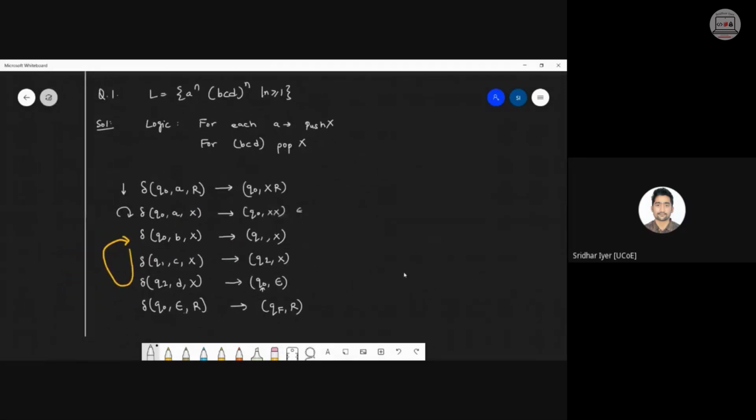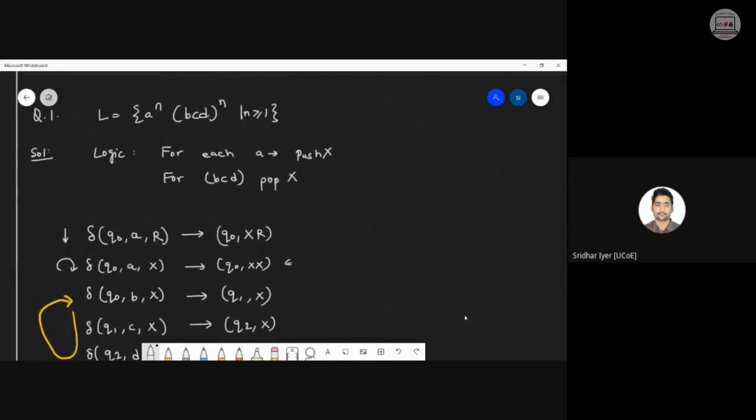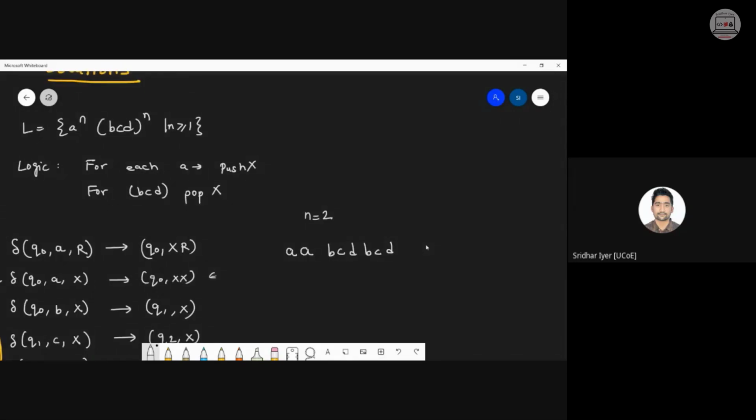Let's take an example for you to see how actually this should be solved, because कल कुछ doubt था how to write the example, so let me write it. Let me consider n equal to 2 just to simplify the things. So if n equal to 2, then simulation is somewhat like this: two terms of a and two terms of bcd. So it will look like this. गलती से भी ऐसे मत लिखना आप लोग, फिर wrong हो जाएगा. It is not abcd and abcd, okay?